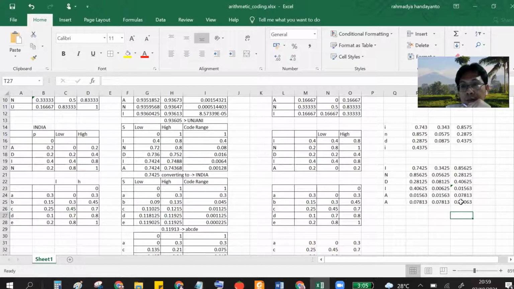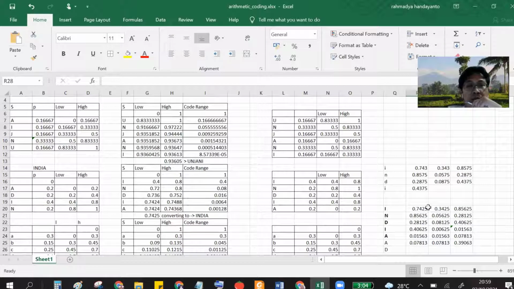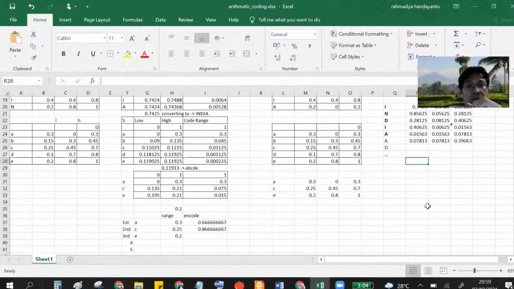Again, we also have to see in the table, this is here in D. So this will continue to infinity. So the programmer should implement how to stop this. Okay, this is for arithmetic code.